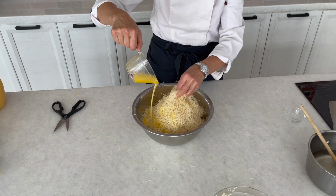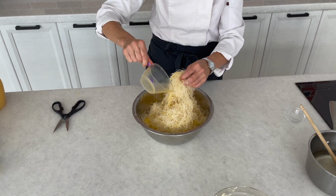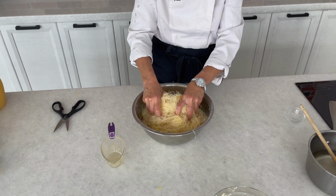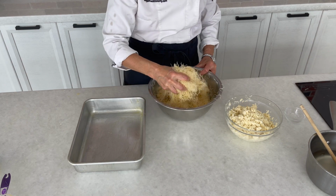Kanafeh. If you need to add a little bit more of your vegan ghee, that's fine, but start off with the recommended amount. So the most important thing is to get as much of this coated as possible, and now you